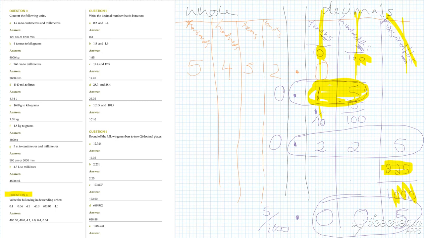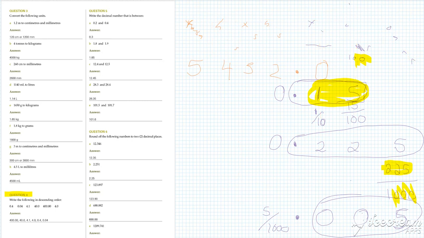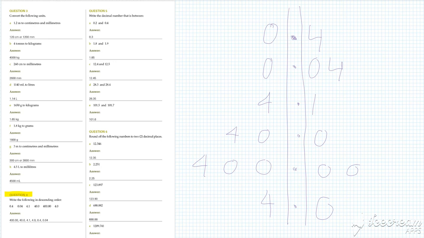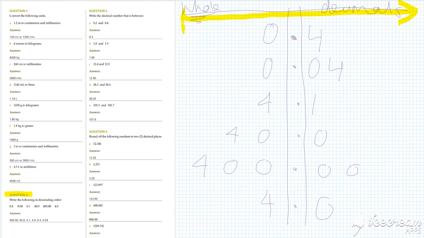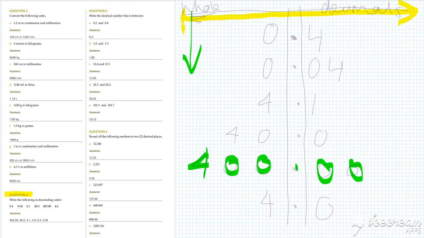So now that you've listened to that whole thing, let's actually look at the question. Okay, so I've just written out all my numbers, and what we know is that on the left-hand side was whole numbers, right? So they are bigger than decimals. So if we wanted to put these in order, what we're going to do is read from this side across the biggest number. So let's have a look. If I look at my numbers so far, if I look at my hundreds column, I have 400, decimal 00, that is my biggest number. When we're doing descending order, we're saying